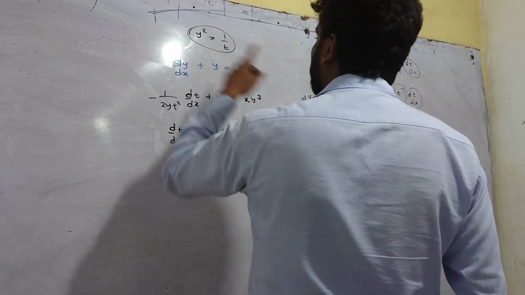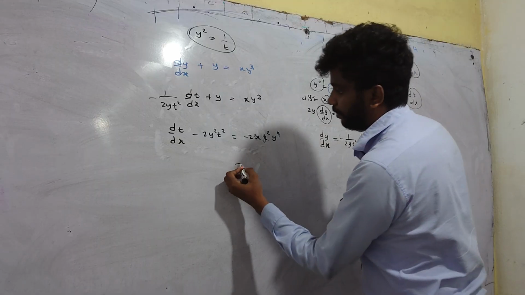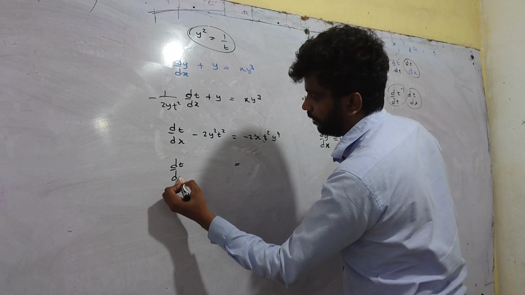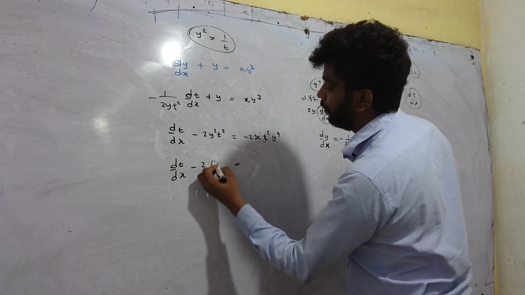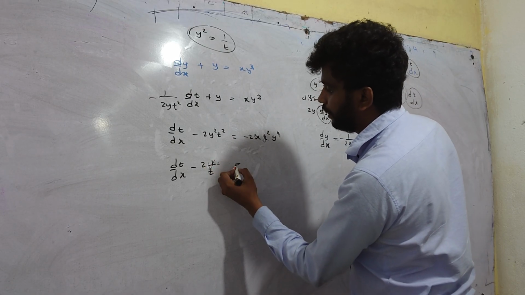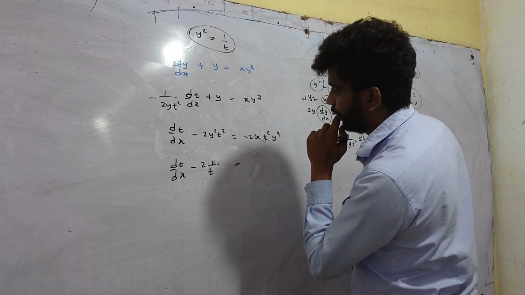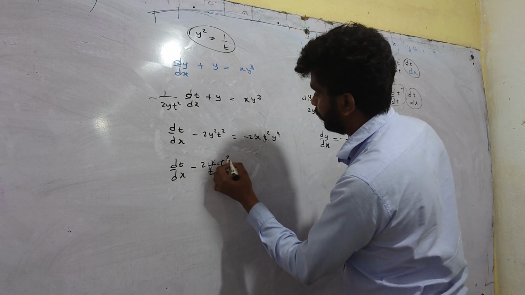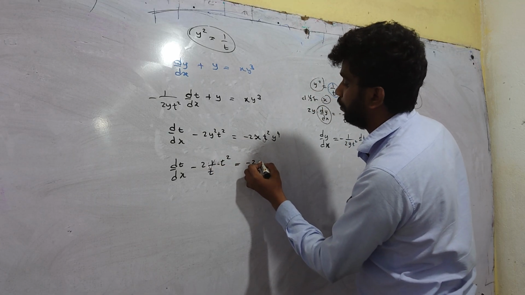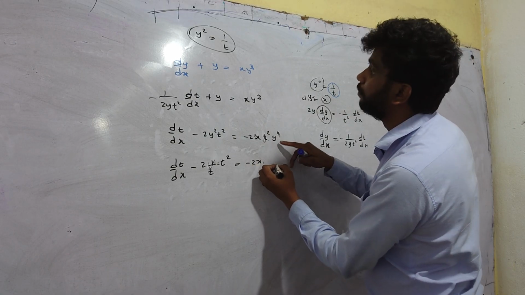So 1 over t to the y to the power 4 is 1 over t squared, right? So I need to rewrite it as dt by dx minus 2y squared, where y squared is 1 over t, into t squared minus 2x into